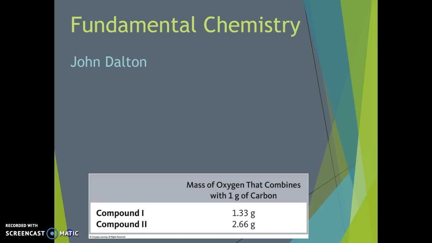given compound. He continued his work by analyzing compounds of carbon and oxygen, and he found that they form two different compounds that contain different relative amounts of the elements, and the results of his work are shown in the table below. You can see that compound 2 contains twice as much oxygen per gram of carbon as compound 1. Dalton was able to easily explain this by the number of atoms. Compound 1 could be CO, or 1 carbon and 1 oxygen, and compound 2 could be CO2, or 1 carbon